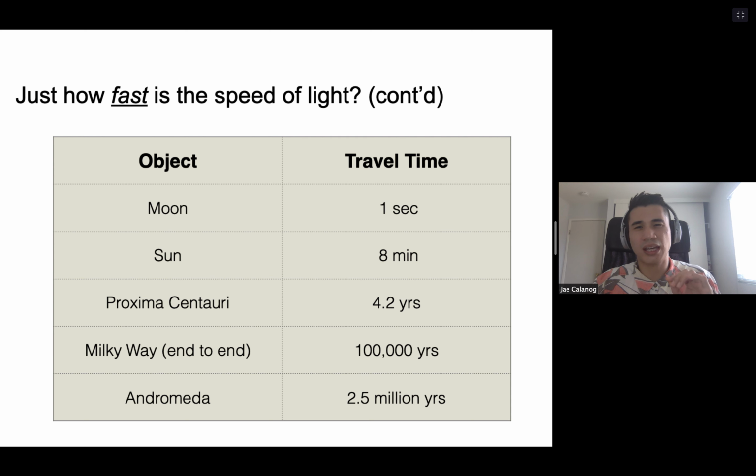that's now kind of giving the impression that light is moving a little bit slow. And that's the closest star that is not our sun, right? And now you're going further and further away. If you're trying to figure out how long it takes for light to travel within the Milky Way galaxy from one edge to the other, it's about 100,000 years. And that's light, moving at the fastest speed possible. Now, if you want to go outside of our galaxy and look at Andromeda, that's going to be really, really long. That's about 2.5 million years.